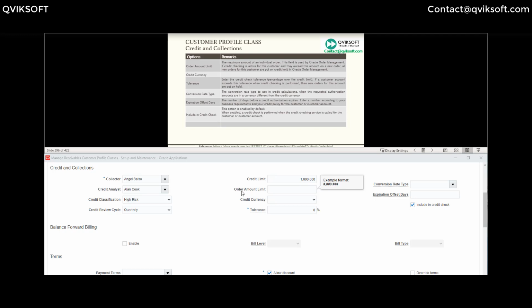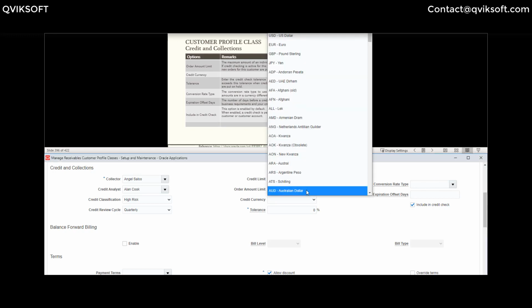Next one is the order amount limit. How much a customer can order in one single order. We also want to control how much we can deliver to a customer in one order, because it's going to create more credit. How much credit will you want to give to the customer by one order? Whatever amount you set here, if a new order exceeds this amount, all new orders for this customer are put to credit hold. So in this one I want to say a single order cannot be more than 50,000. If the order costs more than 50,000, then that order and any new order after that will all be put on hold unless this is revised, and then the credit management team will review it and remove the hold as applicable.